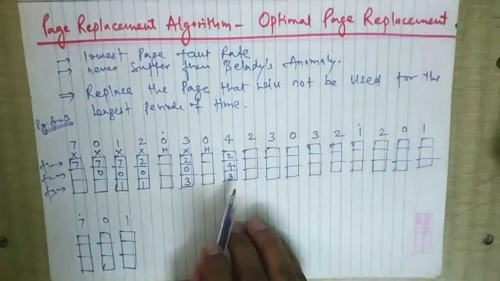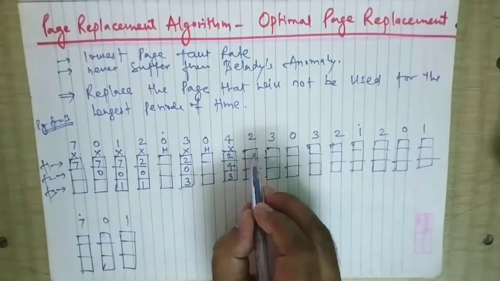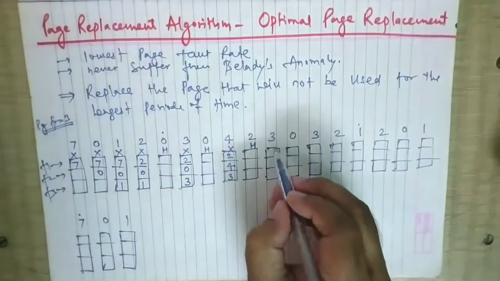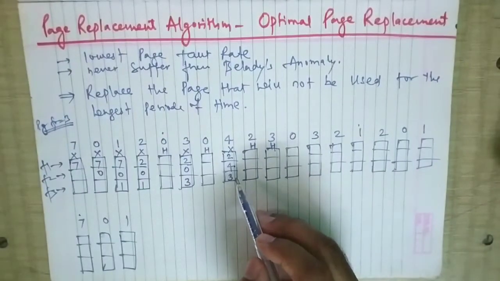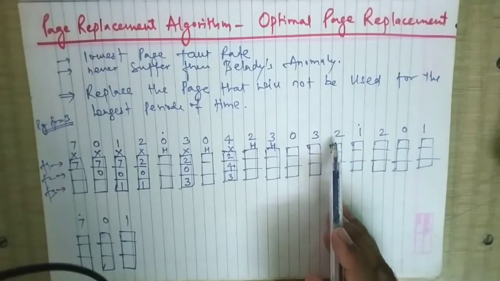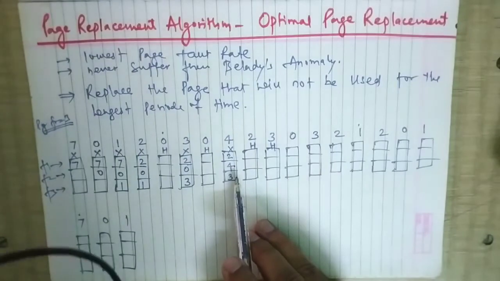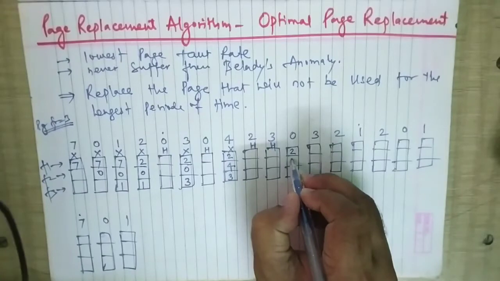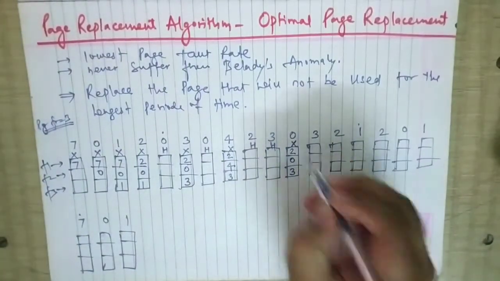Okay, so 2 4 3 is done now. So 2, it was the miss. Okay, 2 will come, so 2 again will be a hit. Okay, so it will remain as it is. So 3, so 3 will again be a hit. 0, okay, so 0 will come over here. So where will the 0 go? So 0 will go to 2 4 3. So 2 and 3 are done, then 4 is remaining. Okay, so where will the 0 go? 0 will go at the 4th location. So 2 0 and 3, 2 0 3. Okay, it was the miss.